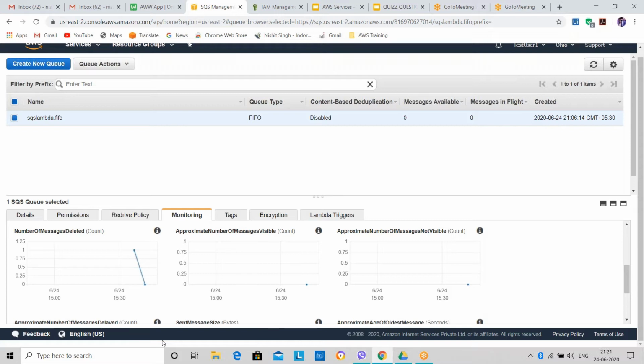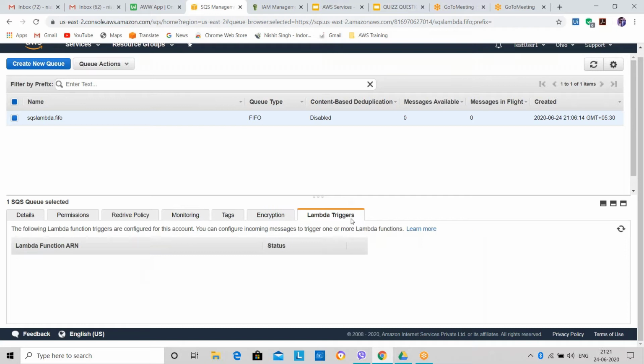SQS means, what I do is I configure the SQS with a Lambda trigger, right? What is a Lambda trigger? Lambda is a function. Lambda is a serverless computing service, right? And a Lambda trigger means whatever Lambda function you have created, the Lambda trigger will trigger it. It will trigger it when you send the message with the help of SQS.